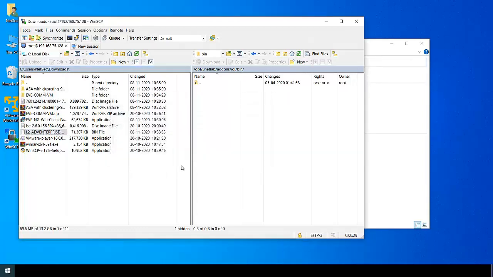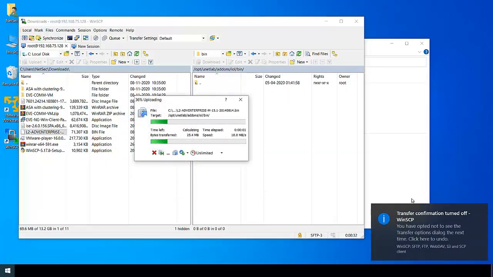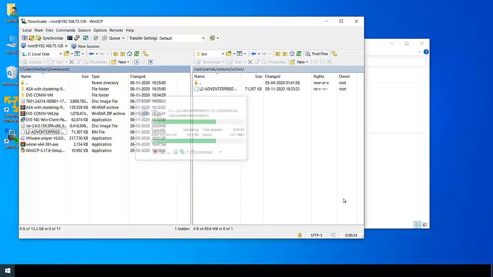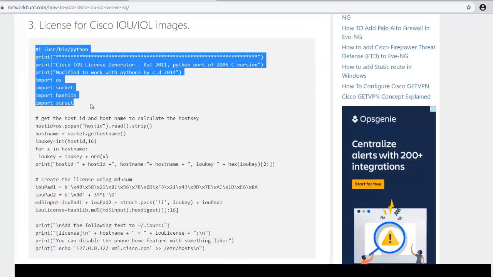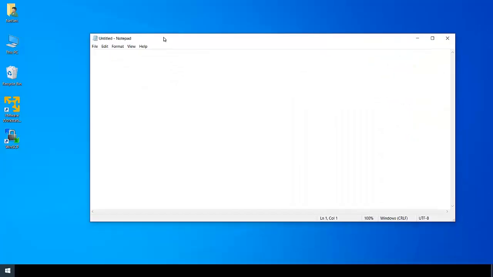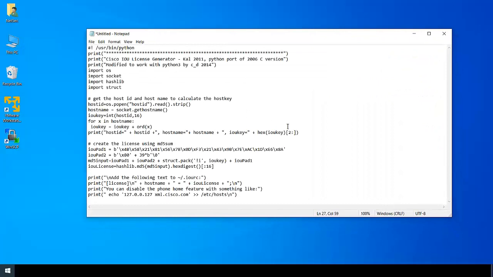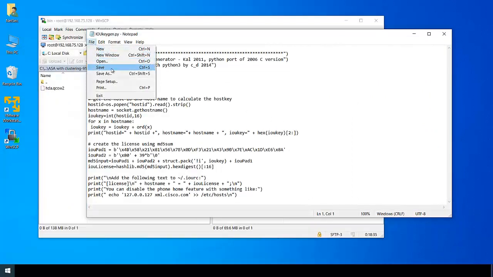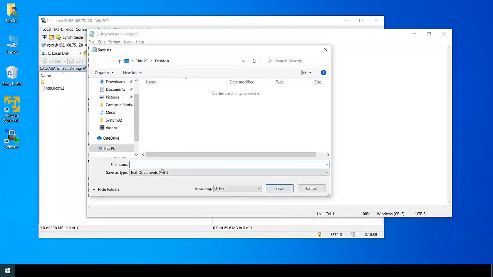So just drag and drop, it will automatically be transferred inside your Eve. Now to run this we also need a license, so you can get the license available online. You just need to save that file on your desktop, name it iourc or IOUKeygen.py.